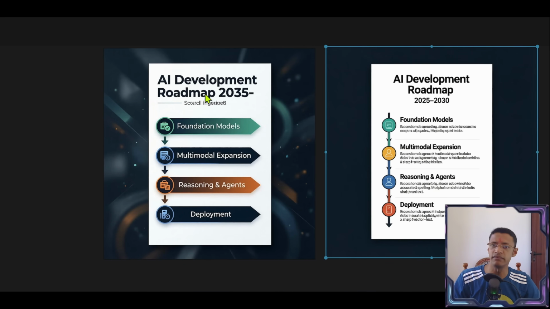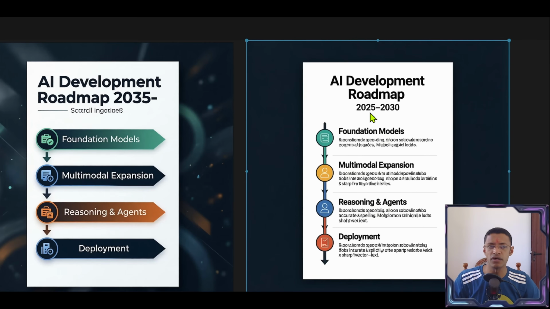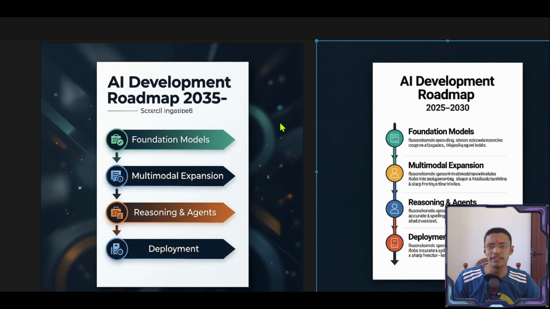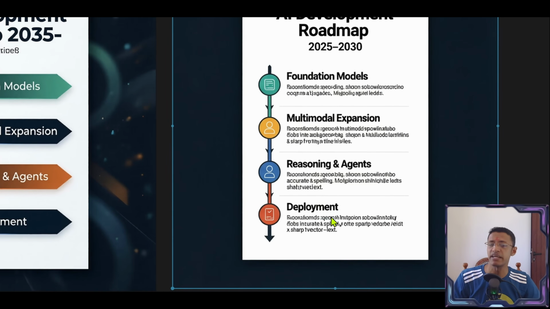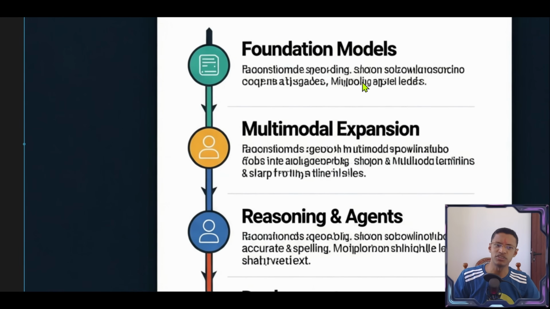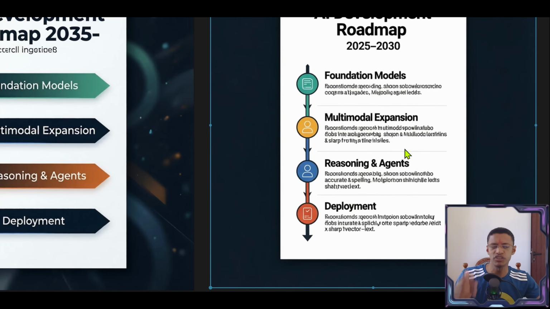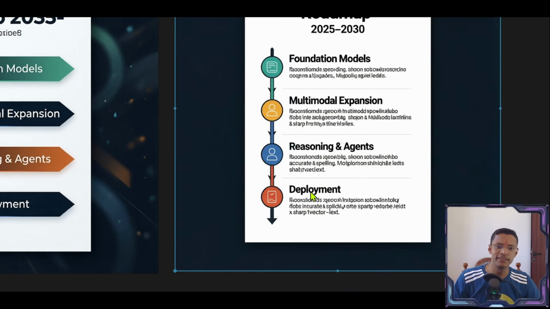We have AI development roadmap. 50 steps got the 2025 to 2030 correct. So clearly a mix-up happening. In the 4 steps here, we have foundational model, multimodal expansion, reasoning and agent deployment. And as you can see, same thing in here. It's just that the 50 steps tend to add extra, which I did not ask for, and try to add some explanation of what each one means at the bottom, but